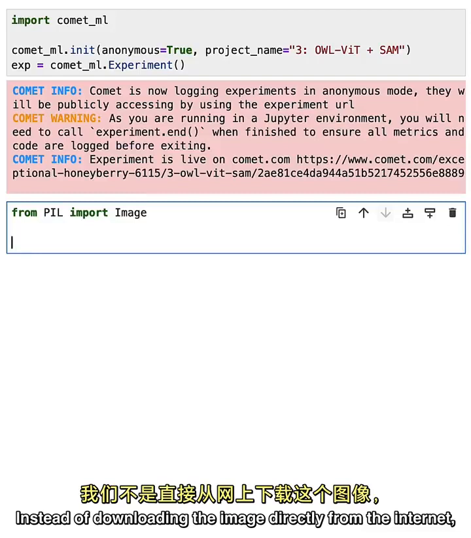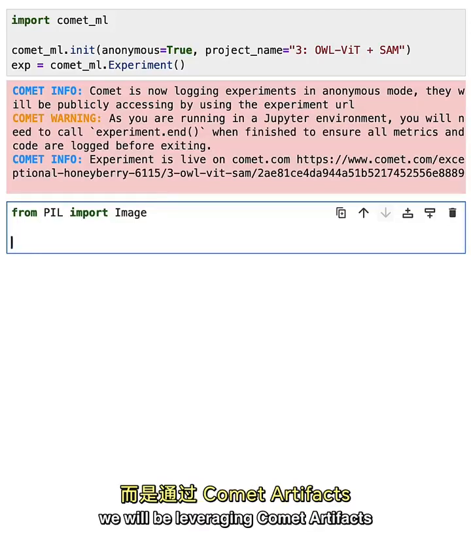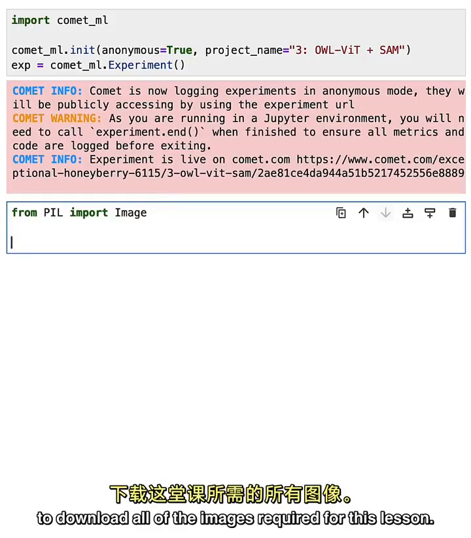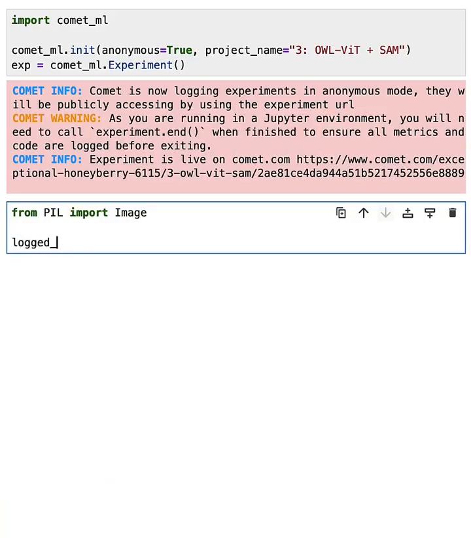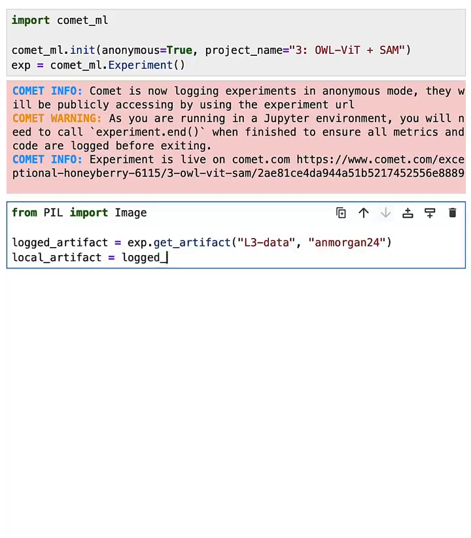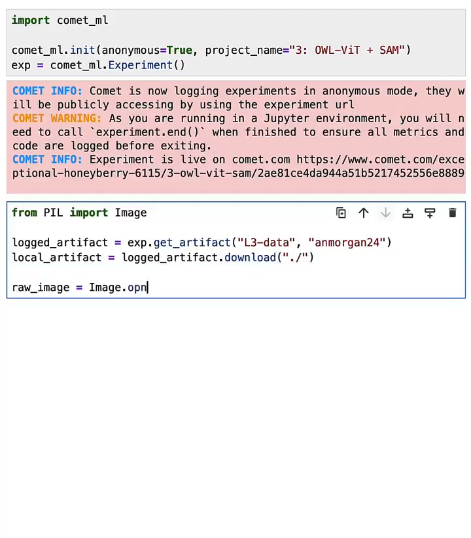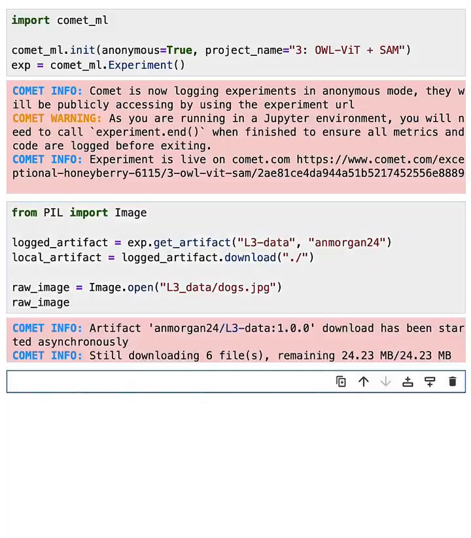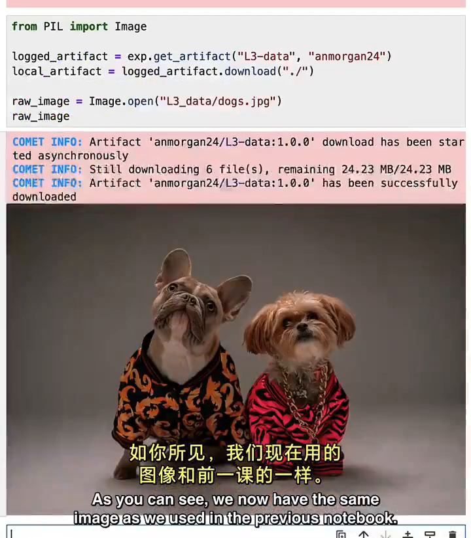Instead of downloading the image directly from the internet, we will be leveraging Comet artifacts to download all of the images required for this lesson. As you can see, we now have the same image as we used in the